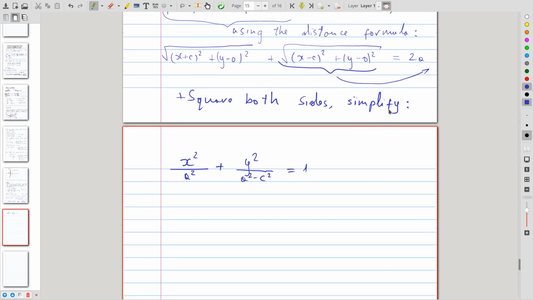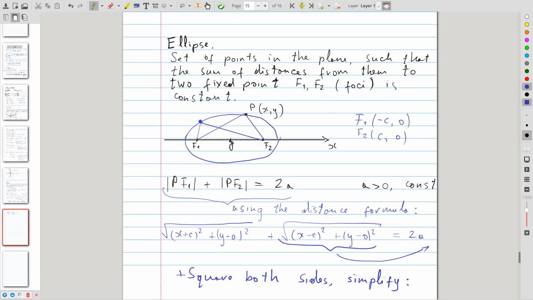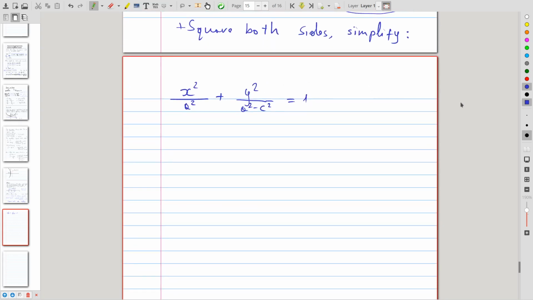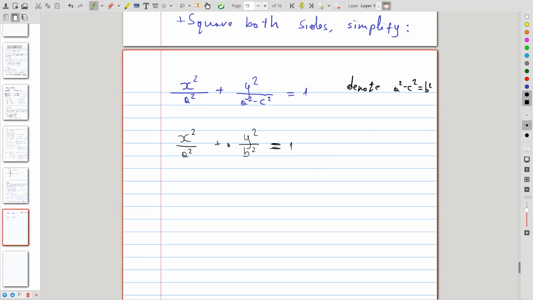And so here c is, remember, the distance from the origin to either of the two foci. And if you denote a squared minus c squared equals b squared, the result of that is precisely the equation of the ellipse as we know it from our previous discussion as well as from pre-calc. Okay, and so this is the equation of the ellipse